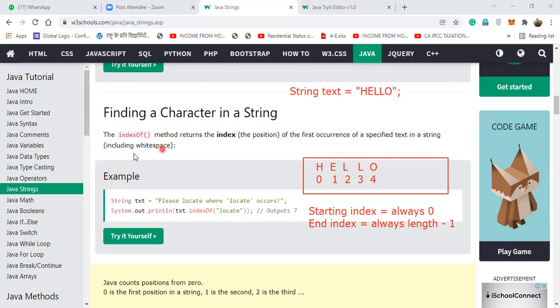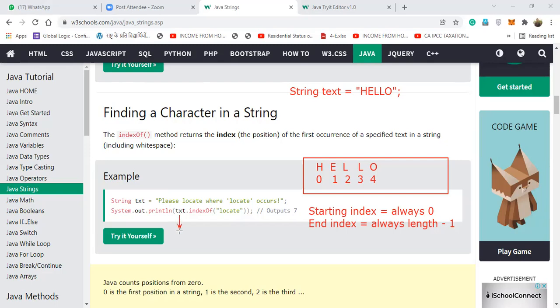Now what is this function doing? It is returning the index of the first occurrence of a specified text in a string. See, now what it is saying, this txt is an object. Of what type here?